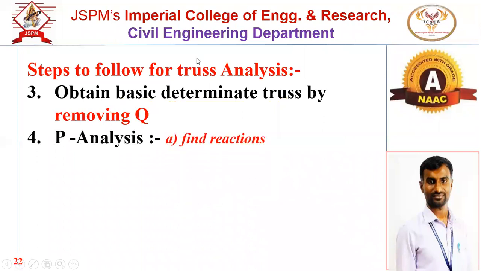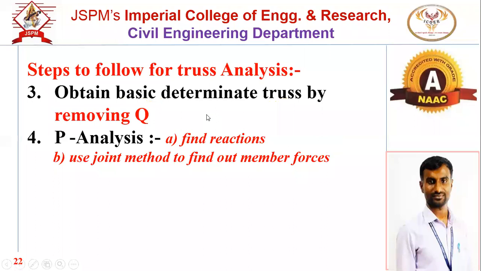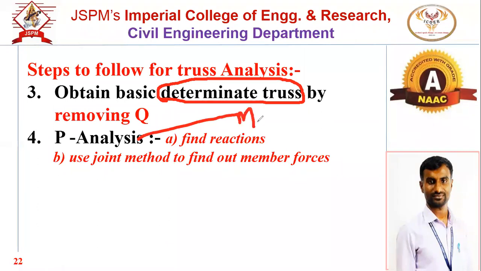Next, once you get the determinate truss, we have to perform the 2 analyses. First analysis will be the P analysis. आता हा ट्रस्ट काय झाला? तुमचा डिटर्मिनेट ट्रस्ट झाला. ओके, म्हणजे परत आपण SA1 मध्ये आलो आता. If the truss is determinate, perform the P analysis. So this P analysis is nothing but the member forces. P forces are nothing but the member forces. These are the member forces due to the applied load. P is the applied load.